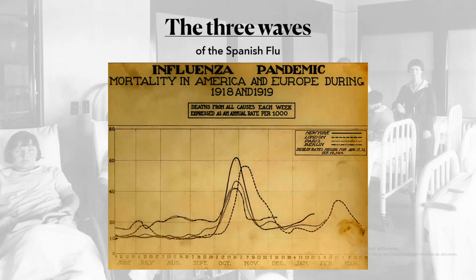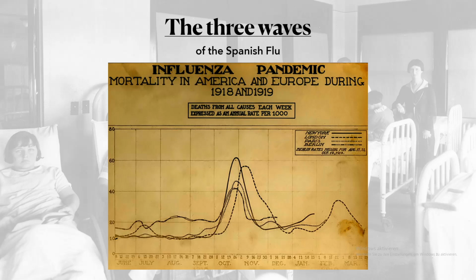So now let me present you the 3 waves of the Spanish flu, because the flu didn't rage just once. As you can see, there were multiple waves occurring from June 1918 to March 1919. The first wave in summer led to many people being infected, but actually they recovered pretty easily. The mortality rate of the first wave was more similar to the one of a seasonal flu. Still, 3 to 5 million people died.